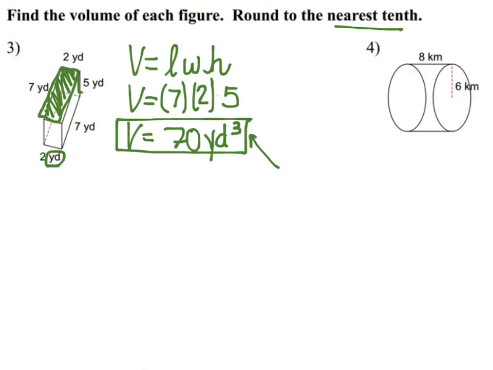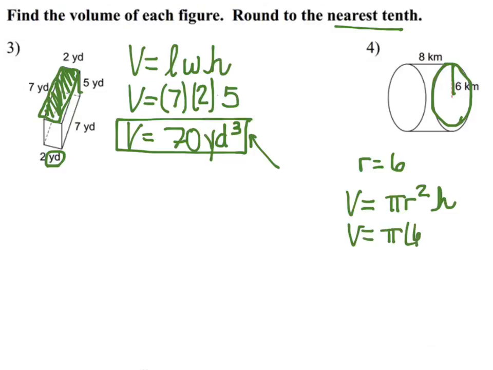Number 4, very similar setup. So we are looking at our circle, where we have our radius. So we have volume equals pi r squared times the height. So I have pi times 6 squared times 8. Remember to follow order of operations. You need to square the 6 first. So 6 times 6 is 36 times 8. And with that, we get 288 pi